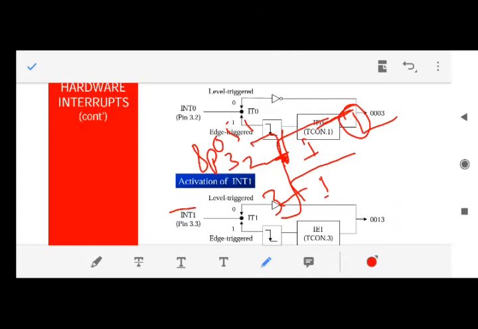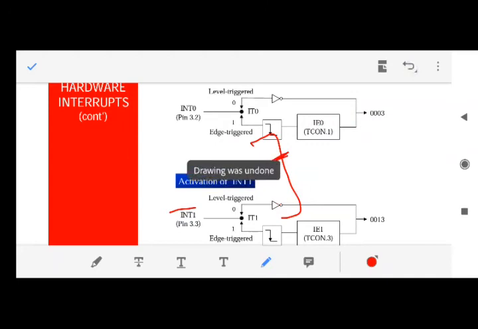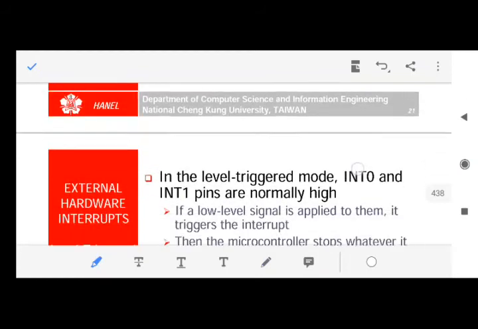The user can configure the 8051 as edge triggered. Or if it wants to sense that the line should be 0 for some duration, and only then the interrupt will occur, then the user can configure the 8051 interrupt as level type. So it depends upon the user whether to configure it as level type or edge type. We'll do one more example also, so that you can understand level type and edge type more clearly.